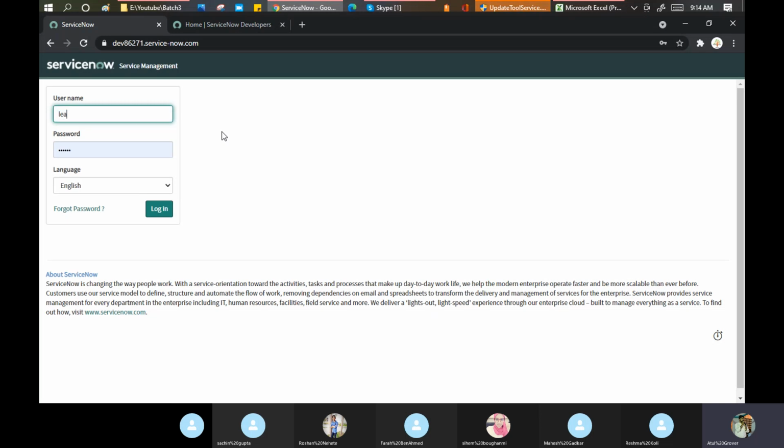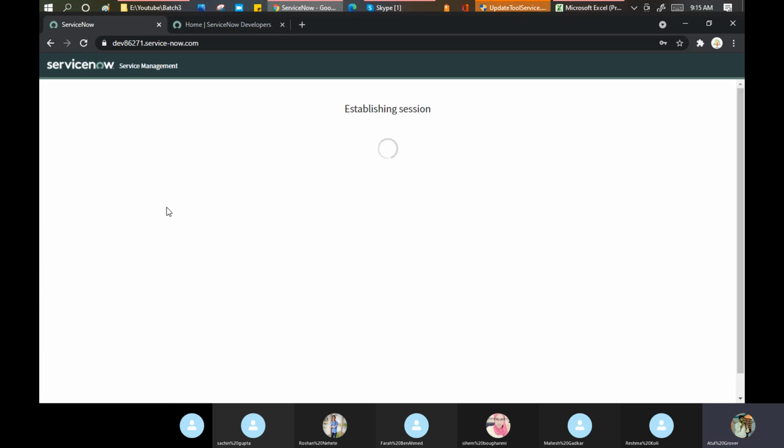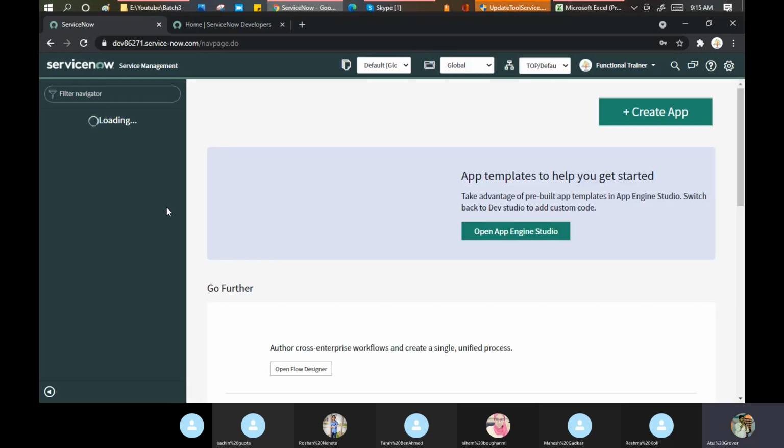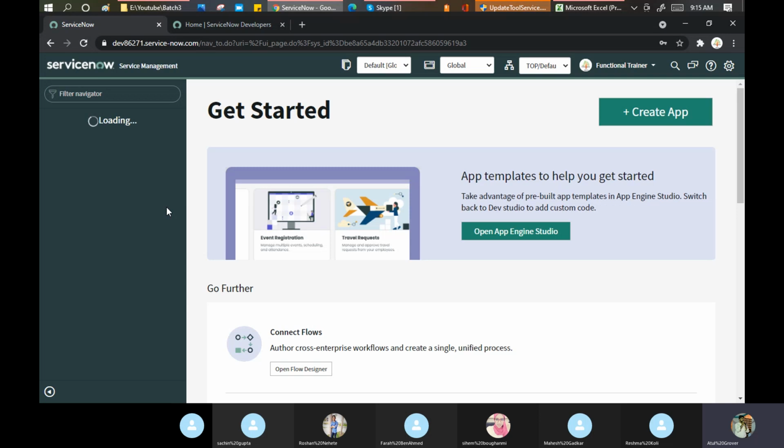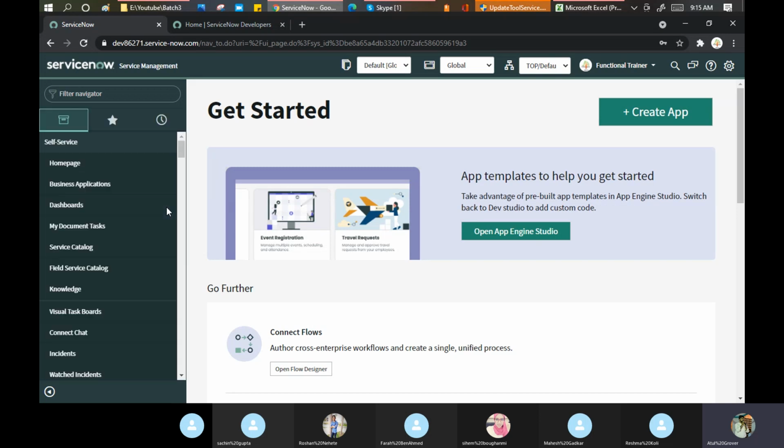So I'm logging in here now. I created a user, learn and grow, and I have a password, and I click on login here. Okay, so this is the first screen you will get when you open the ServiceNow instance. A lot of things are there, and today our topic will be specifically to give you an understanding of what all these terms mean here. What is the meaning of these boxes here?